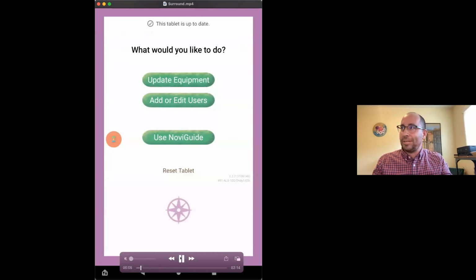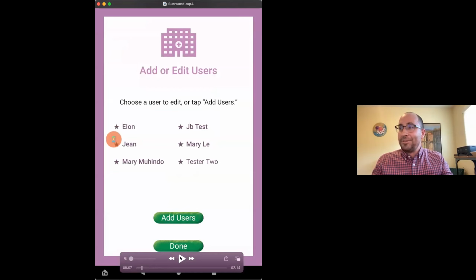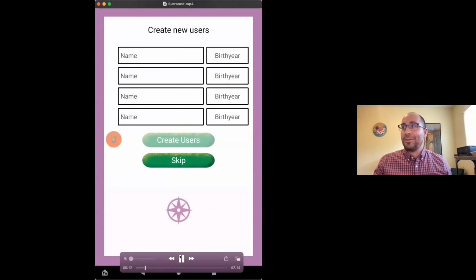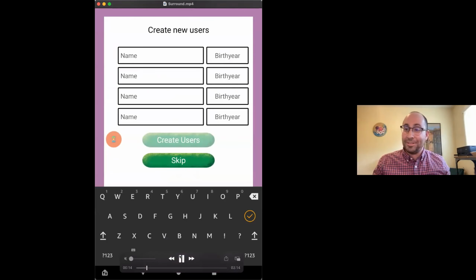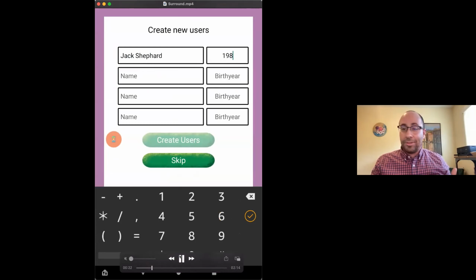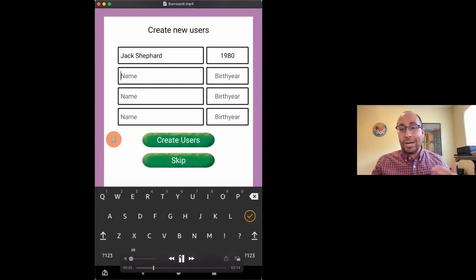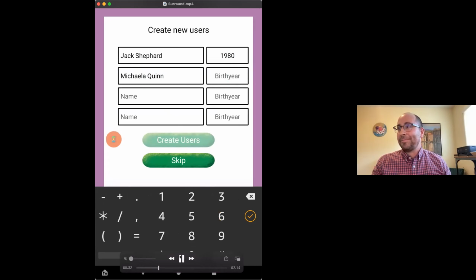If we go into administration, you can see adding users is simple. These are the users at our site in Albany, California. If I wanted to add users, it's as simple as clicking add user, typing in the name. And in Uganda, people like to use the birth year as their 4-digit code to get into the NoviGuide. So I can add 3 doctors or 3 nurses quickly. We're talking about setting up a site completely in 10 minutes, especially if you're online. We can talk about the online, offline parts of this if there are questions later.